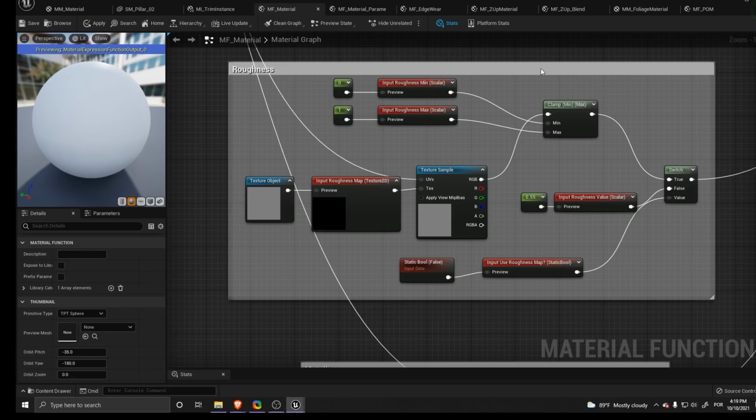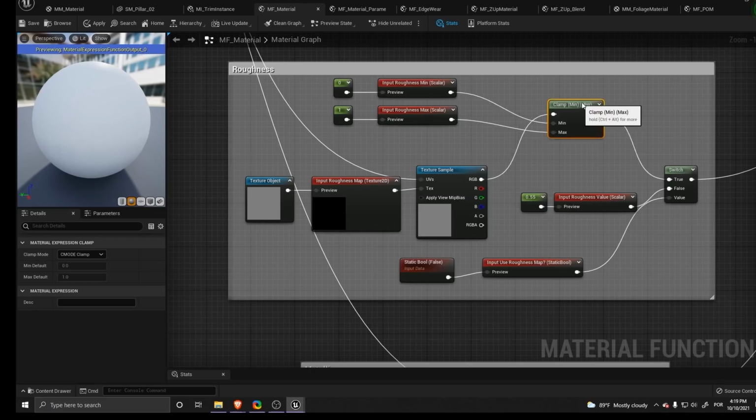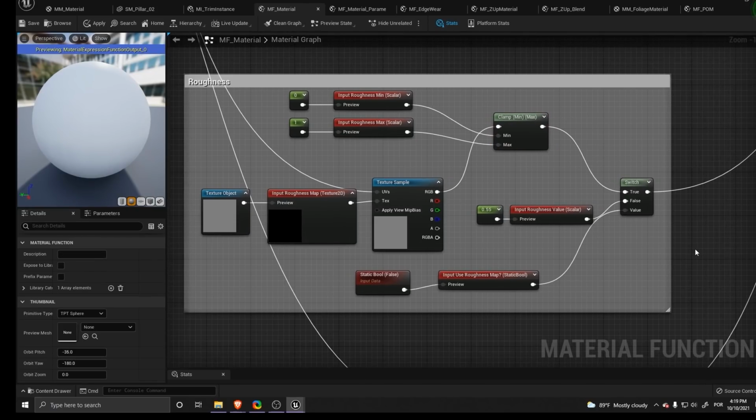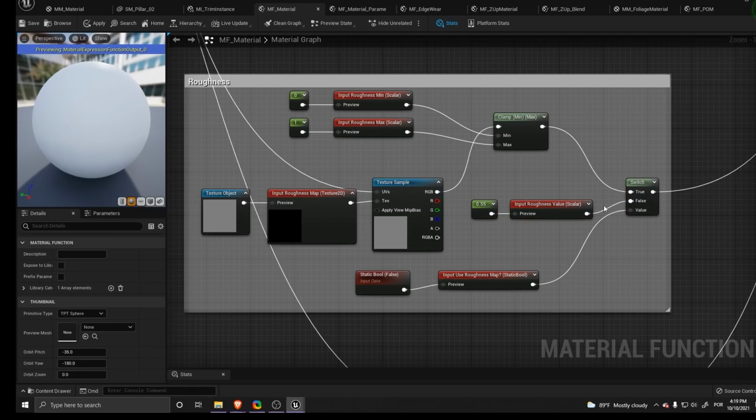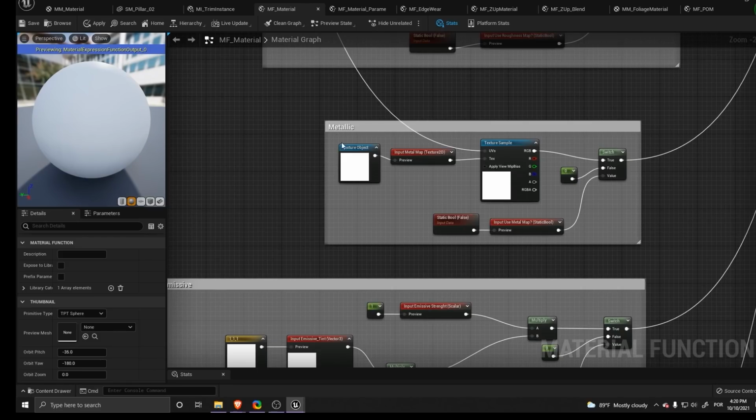It will let me clamp those values together, and this is also pretty useful. Or in case I don't have a roughness map, I can just input a value, and I have that on a switch as well. Metallic is pretty basic, it's pretty much a yes or no.